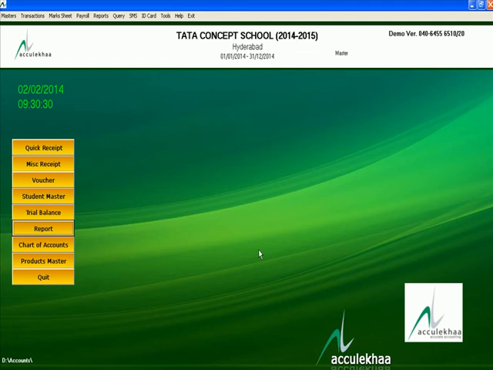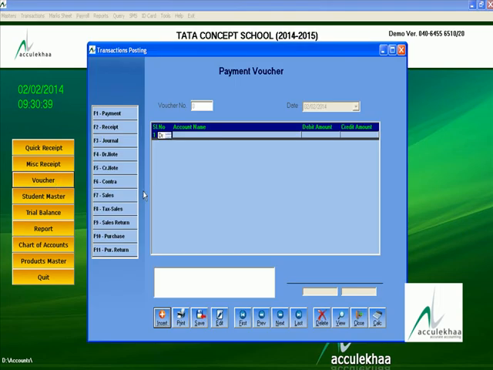a cash deposit in a bank, for that entry you have to go to the voucher. You have to select the F5 key. Then you have to click the insert button. Then you have to select contra.